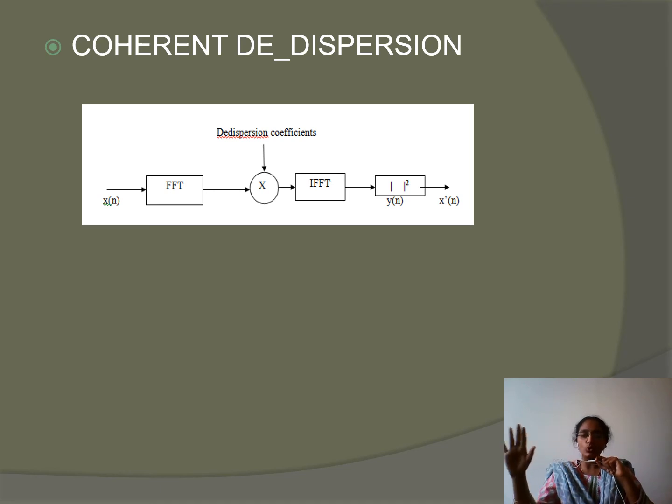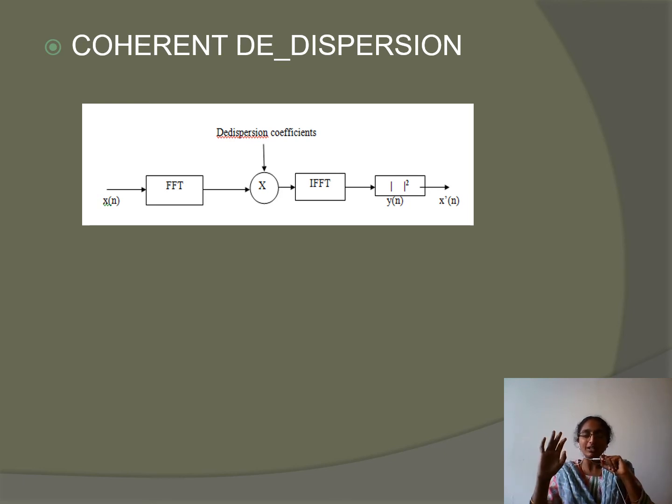But if I ask you to do the FFT, you will do it faster, because FFT is just the multiplications you are doing. But if I ask you to do the convolution, it takes time. Why? Because convolution is implemented in the time domain, but the same concept in the frequency domain is just the multiplication. You might have learned these properties already in the DSP subject and even in the signals subject. So convolution in time domain is equal to multiplication in frequency domain. I can reduce the computational time by doing all the processing in the frequency domain.